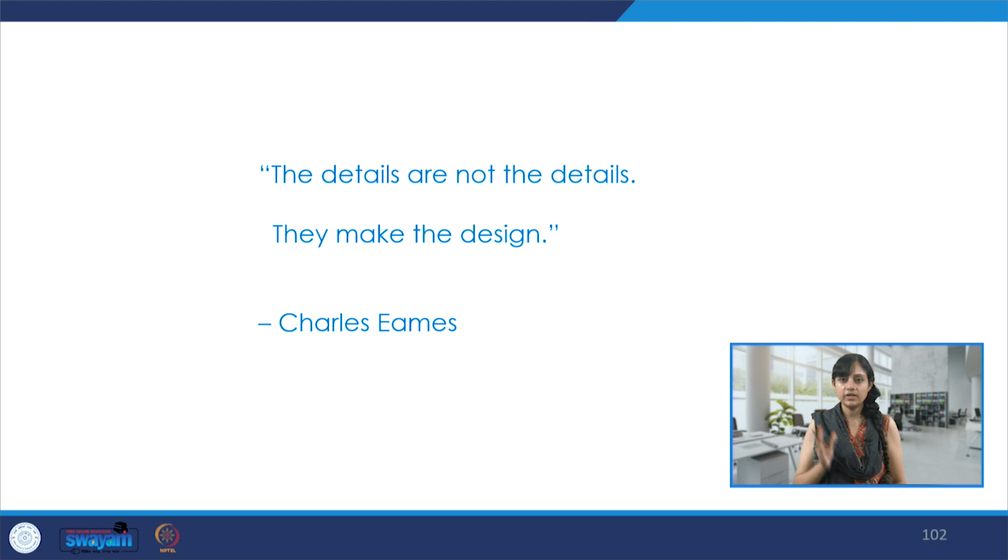So these were only very few projects. There are actually many that can be discussed, and I'm sure in other lectures during other modules we will also see many other examples, images and case studies. I'm just going to leave all of us with this thought by the very famous Charles Eames: the details are not the details, they make the design. So God is in the details, and details are very important to create remarkable designs that register with us.